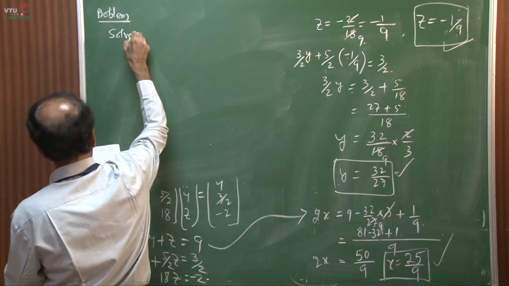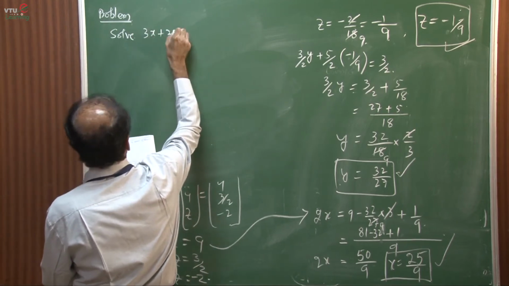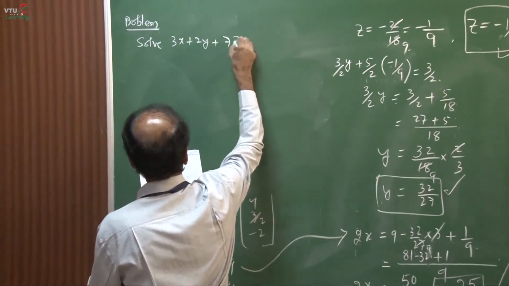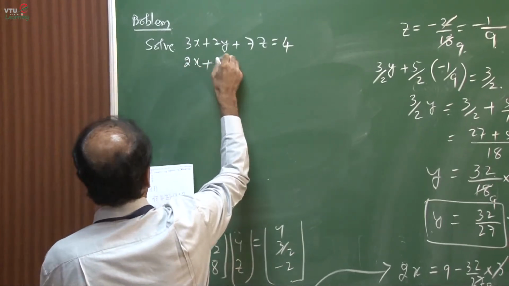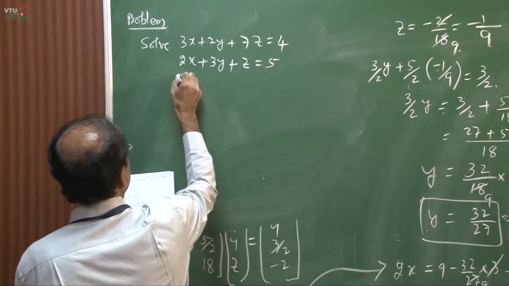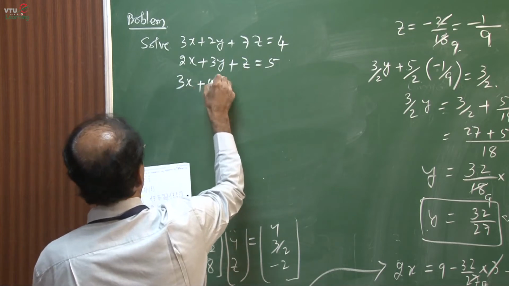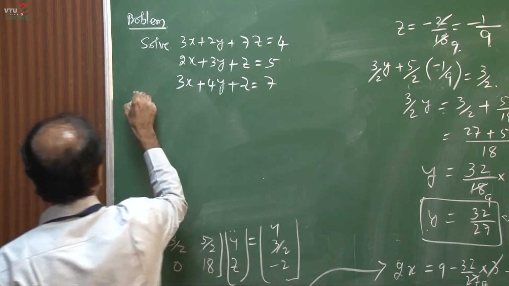Solve 3x plus 2y plus 7z is equal to 4, 2x plus 3y plus z equal to 5, 3x plus 4y plus z equal to 7 by